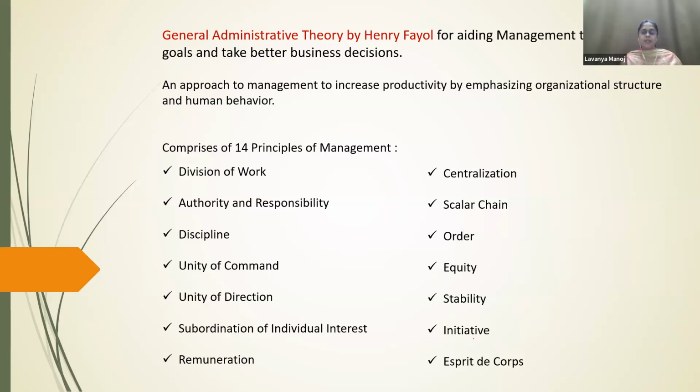Even the human aspect is taken into consideration, not just the material or machinery part, but the human behavior, that is the worker level or the employees' psychology. When the organization follows these 14 principles, or at least 10 to 12 of them, it is proved that the organization grows and expands rapidly in its productivity, in its profit making and everything.